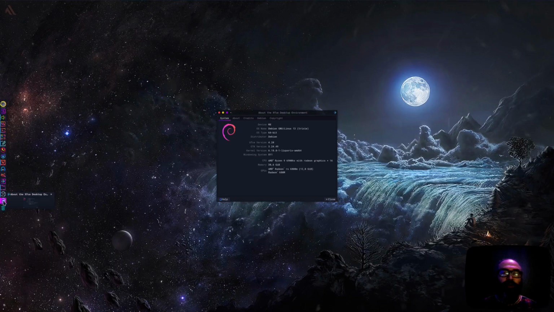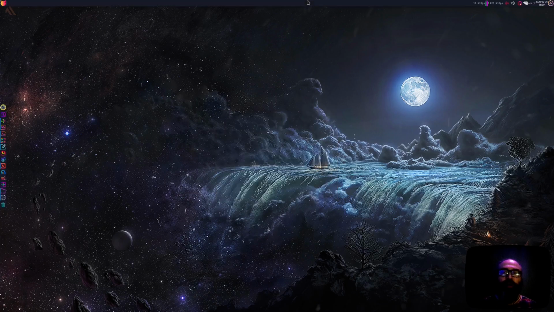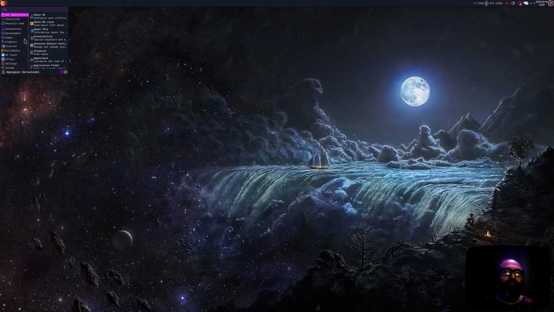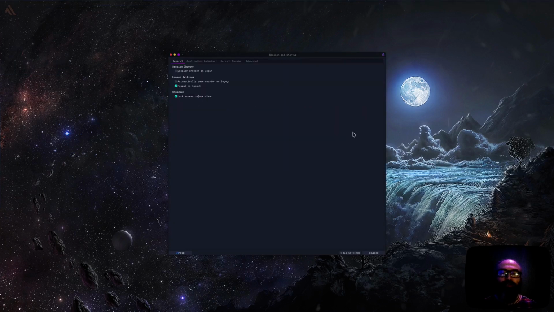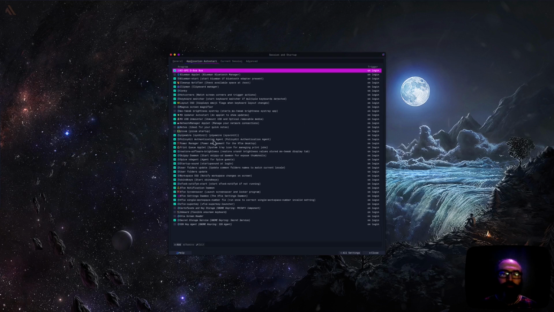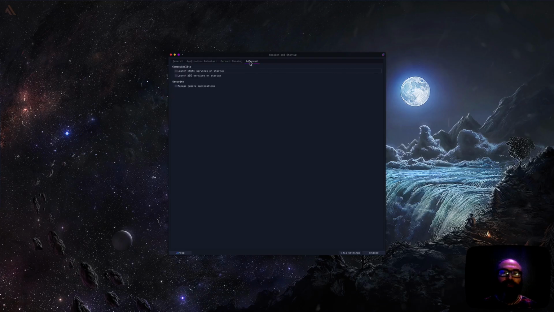For example, this one. Now if I want this to be pinned as well, I can right click and say pin to dock. This one, for example, was one of the nice, pleasant surprises. What wasn't so pleasant a surprise was the fact that I had to fight with the system because it has its own tools built in. For example, on session and startup, if I remember correctly,